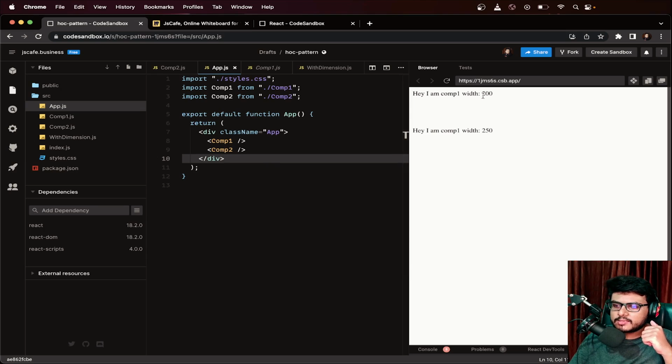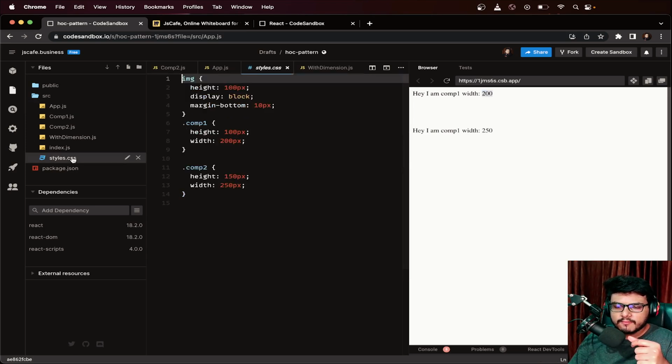And as you can see in the output, I am actually printing out the width of those components, right? If you have a look at the styles.css file, I have given a width of 200 pixels to component 1 and a width of 250 pixels to component 2, and somehow I am able to print those values when